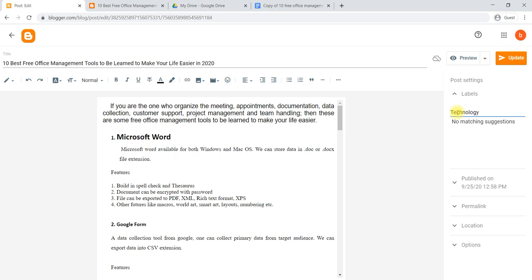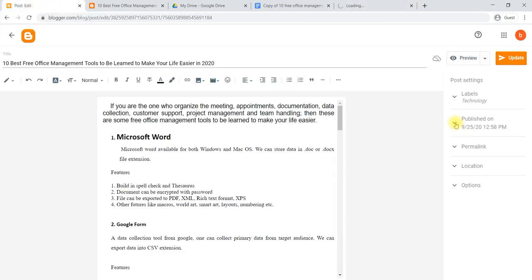So whenever we see the post preview, once we say update, the labels I have updated will show where they will appear in your post, once you have selected which post category it is and given the labels.